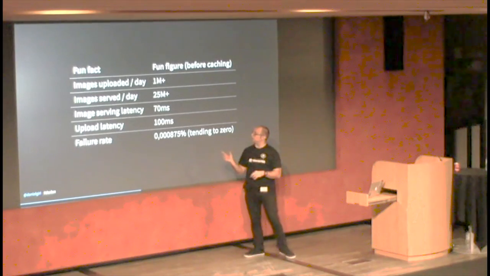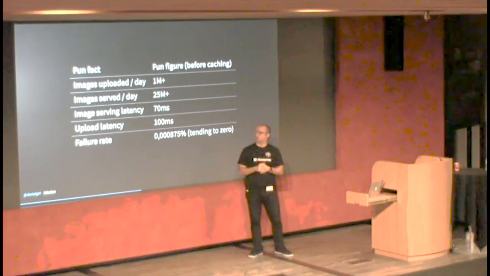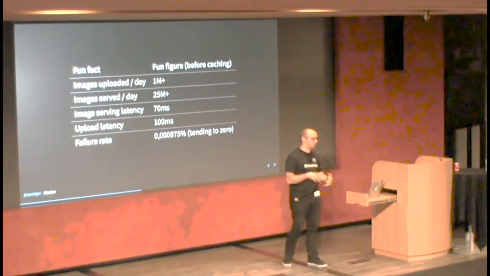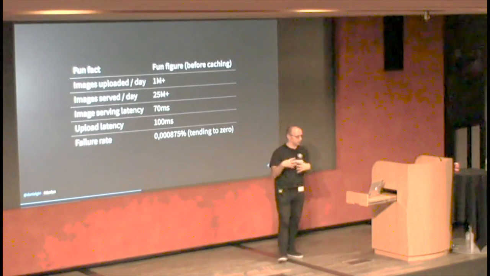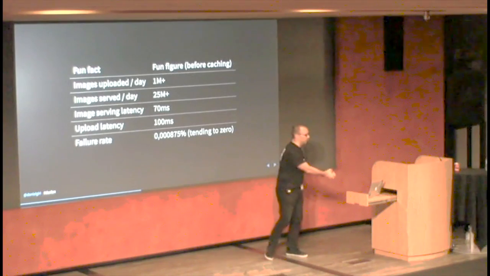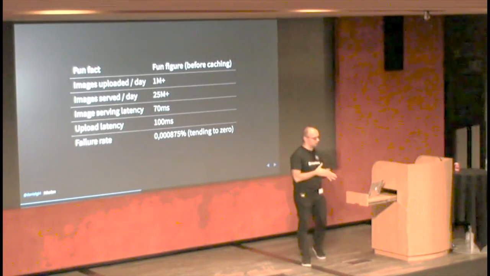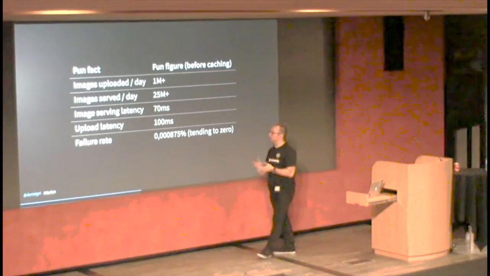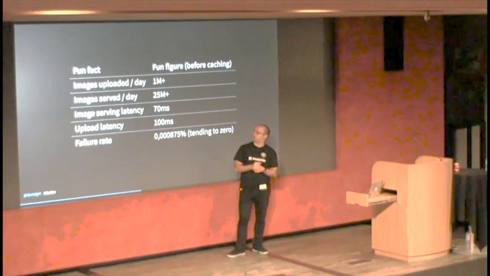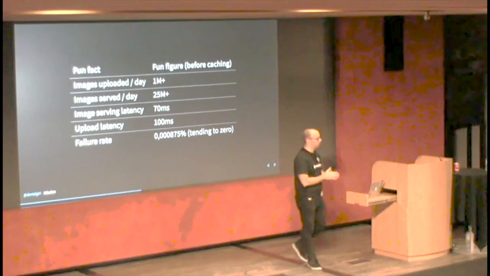Some latency figures: actually serving the images takes 70 milliseconds. And the vast majority of that is fetching it from S3, because, you know, there's no physical hardware magic. Some code has to run and get the image and then deliver it to you. So most of the latency is actually there on S3. It still works like a charm, and that's quite low. And the transformation, because it's on GPU, is really quite fast.